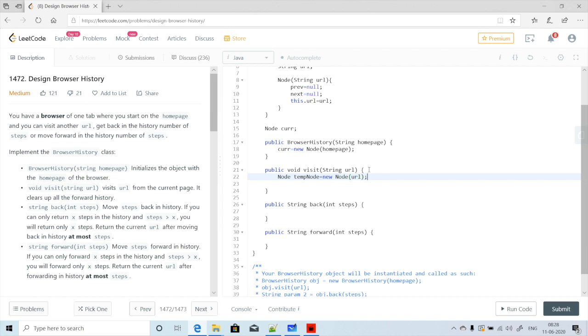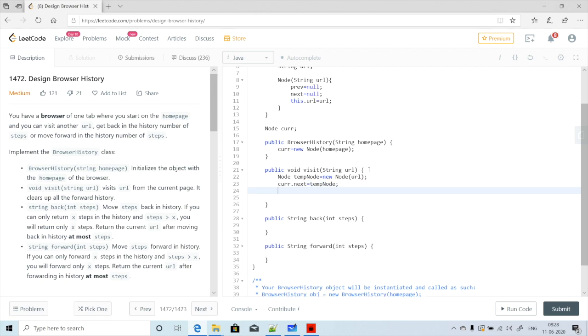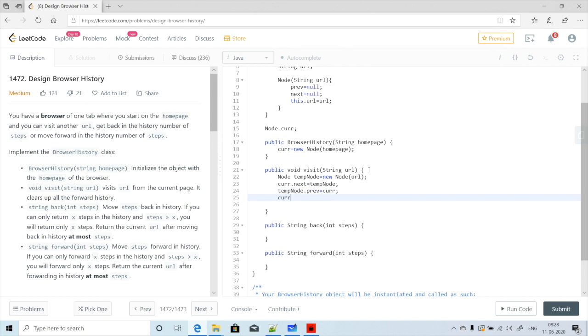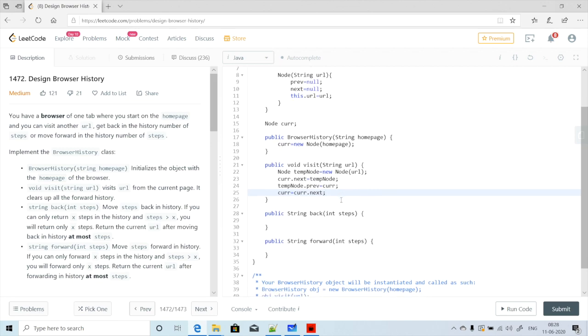Okay, now current.next is going to point to the new node, and temp node.previous we would like to link with the current node. And now let's move our current pointer to the next node, so current = current.next. So that will be pointing to whatever URL we have passed to it. Okay, so we have written our visit method.